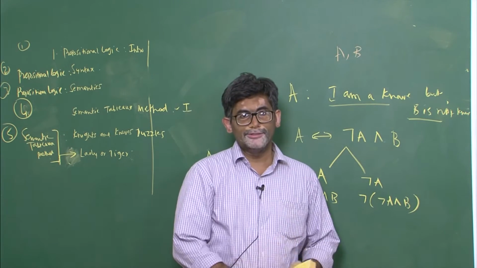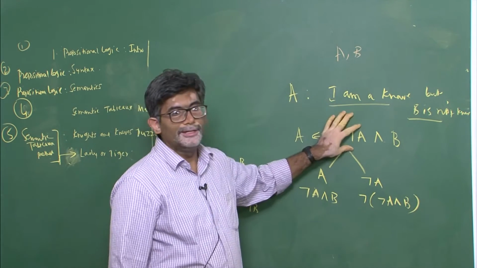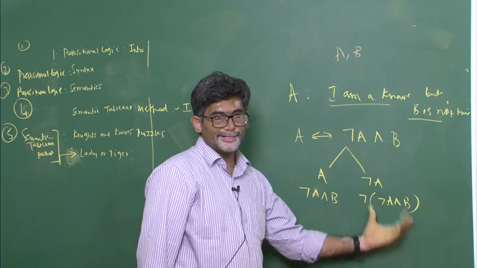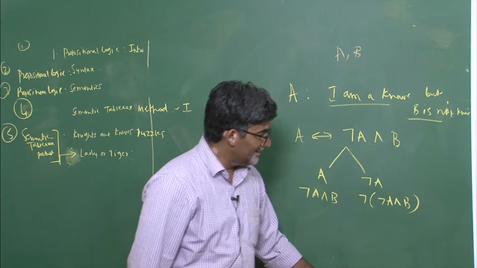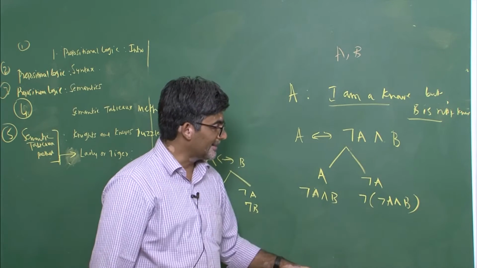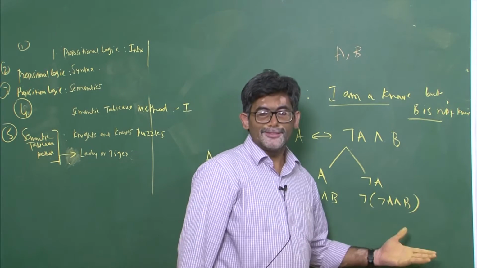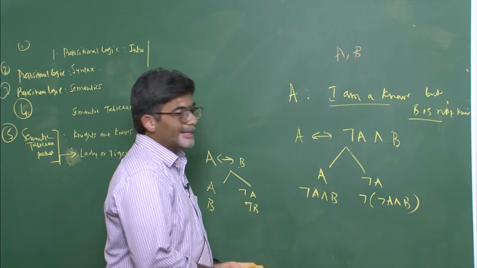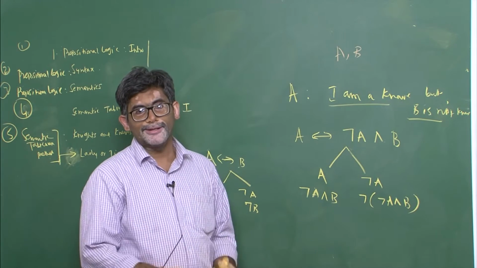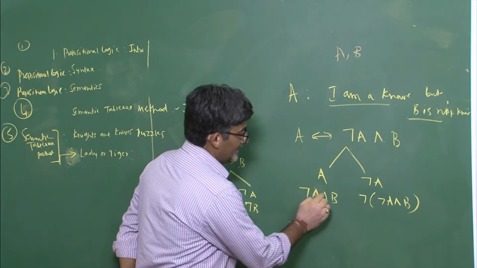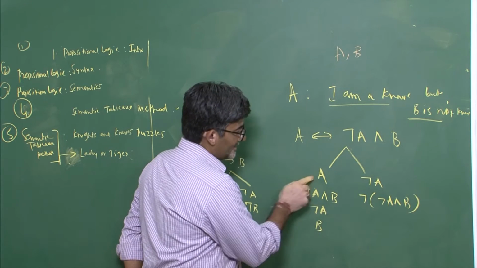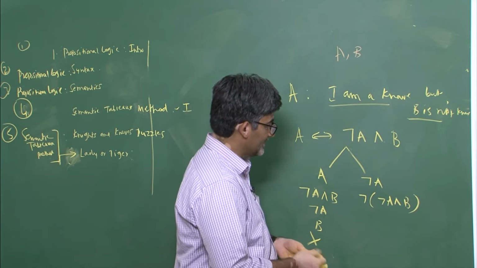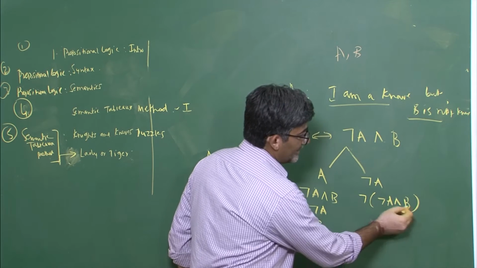So ultimately what we are trying to do here is figure out under what conditions this formula is going to be satisfiable. When you construct a truth tree diagram, after exhausting all the tree rules, you end up with atomic propositions. You will not apply the rules further. In the semantic tableaux method, ultimately the tree diagram ends with atomic propositions. So now this is written like this. You see here A and not A, this branch closes, so you cannot go further in this case. So now not of not A and B.